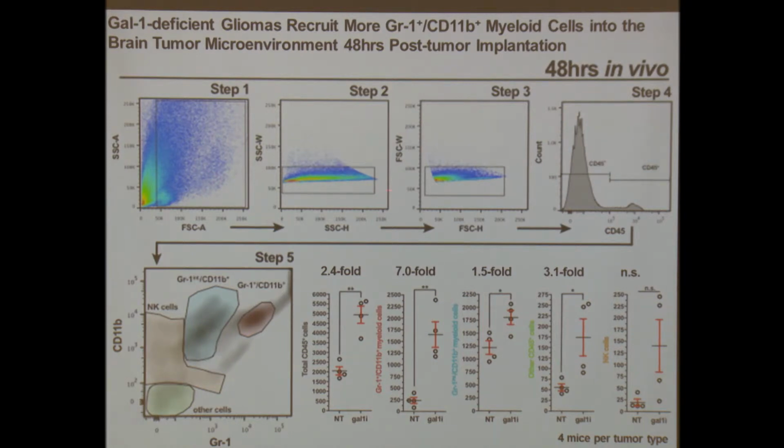Step 2 and 3 are doublet discrimination gates, so we're analyzing single cells. And step 4 is a CD45 gate. So this is a pan-leukocyte marker. This little bump that you see high upstream represents the immune cells that are infiltrating that brain tumor